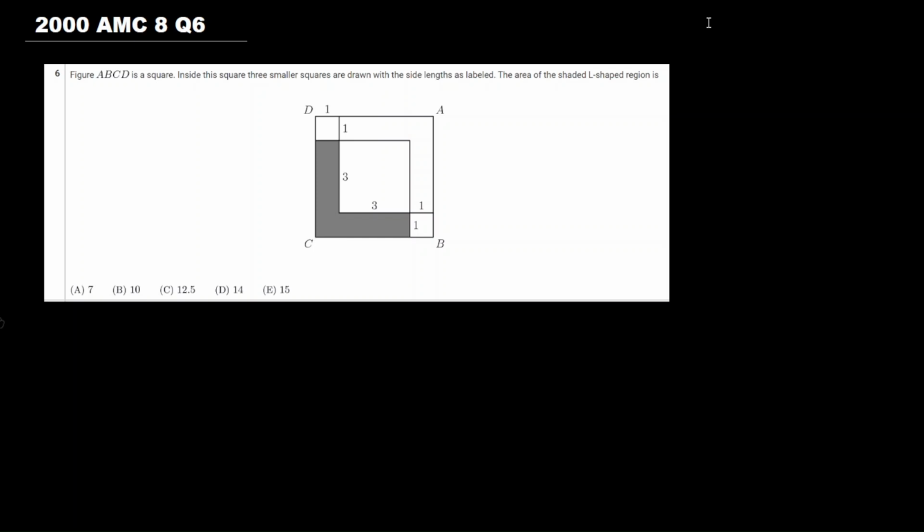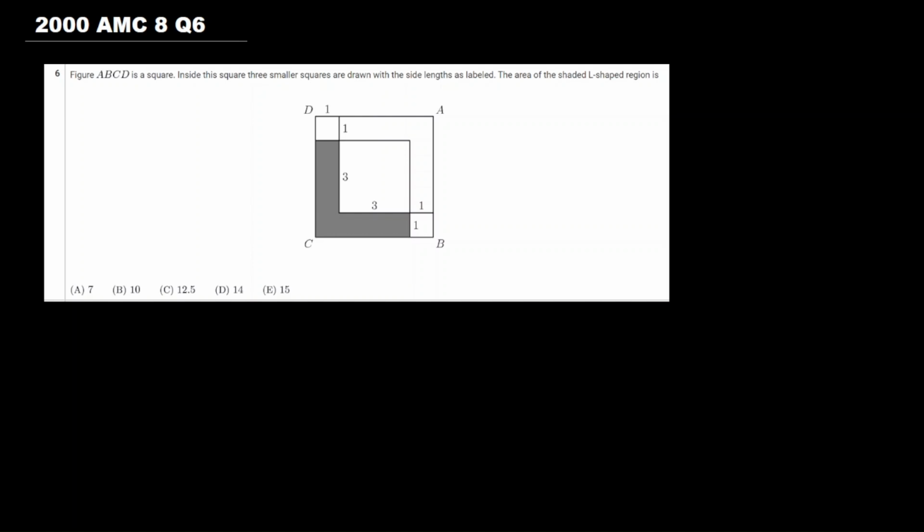Our next problem is from the 2000 AMC 8, question 6. Figure ABCD is a square. Inside the square, 3 smaller squares are drawn with the side length as labeled. The area of the L-shaped region is...